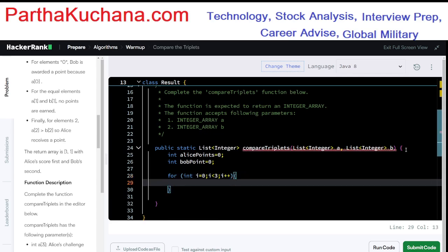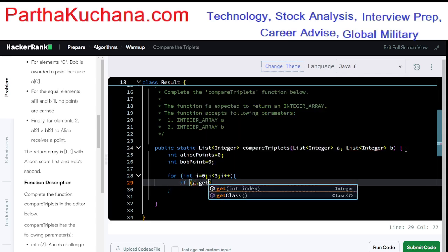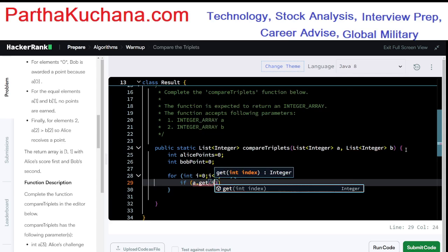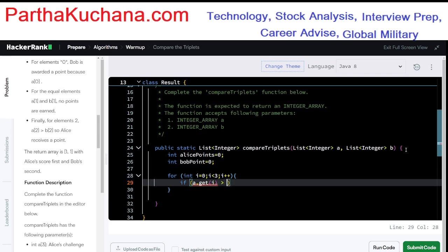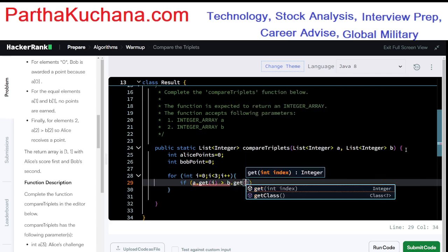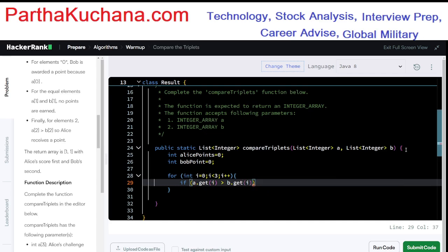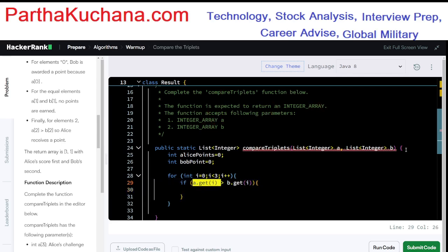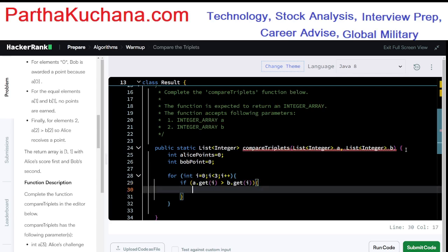Okay, so if A.get(i) is greater than B.get(i), we need to compare values at the same location in both lists. So if Alice received a better score for a given problem, then she would get 1 point. So Alice points, I am going to increment it by 1,